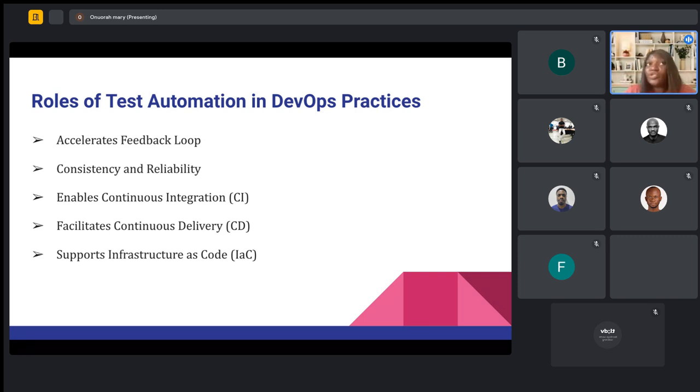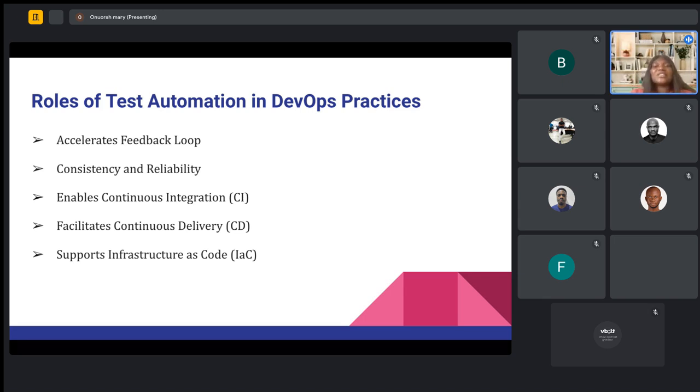Is it causing an issue to an existing system, or to an existing code base, right? So with automated tests, they are able to get immediate feedback on what they have pushed, even if it's one line of code. That one line of code, has it in any way broken anything, right? So that's what I mean by accelerated immediate feedback. So test automation helps to achieve this in DevOps practices.